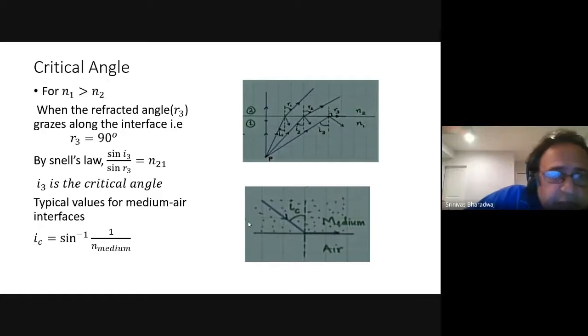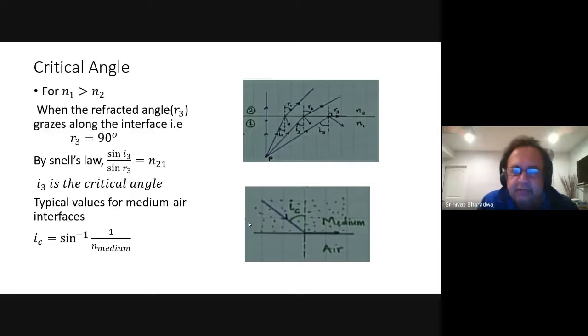reflection optics as well. So firstly, when is there refraction? When is there total internal reflection? Typically, as we said, if you have ordinary glass, you will have both reflection and refraction up to a certain angle. Okay. Now, beyond a certain angle, there is, see, like if you see this image, right? There is a little reflection and there is refraction. That is, the light goes into the medium.